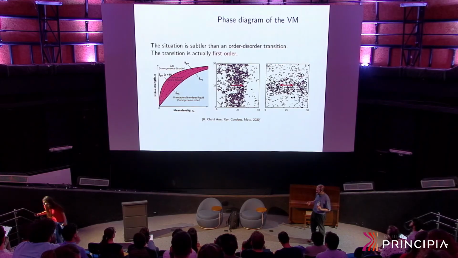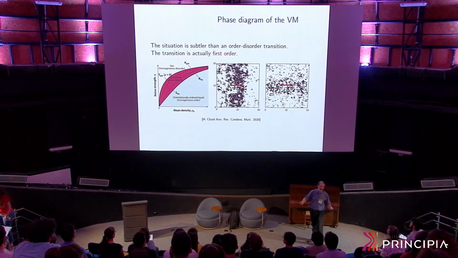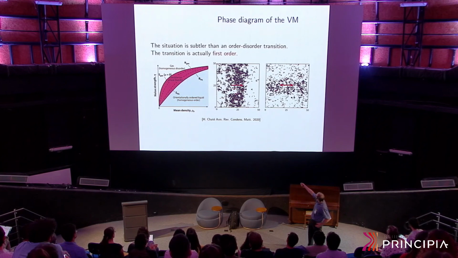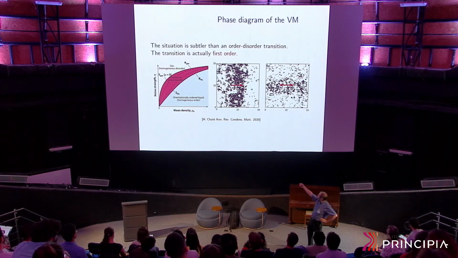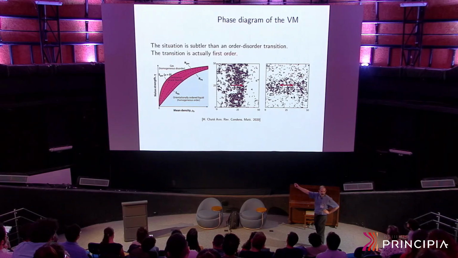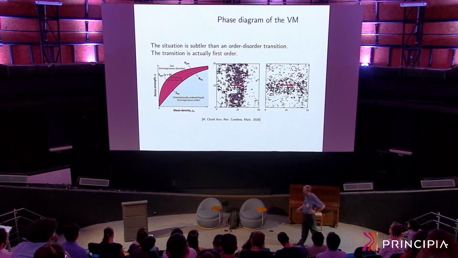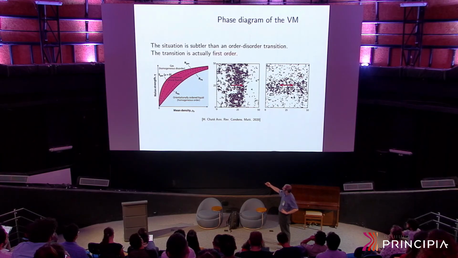And it turns out that if you go to very large systems, these instabilities will make, within a range of densities, these ordered bands appear that can coexist. So there will be regions of order coexisting with regions of disorder. Okay, so the current consensus on this is that the